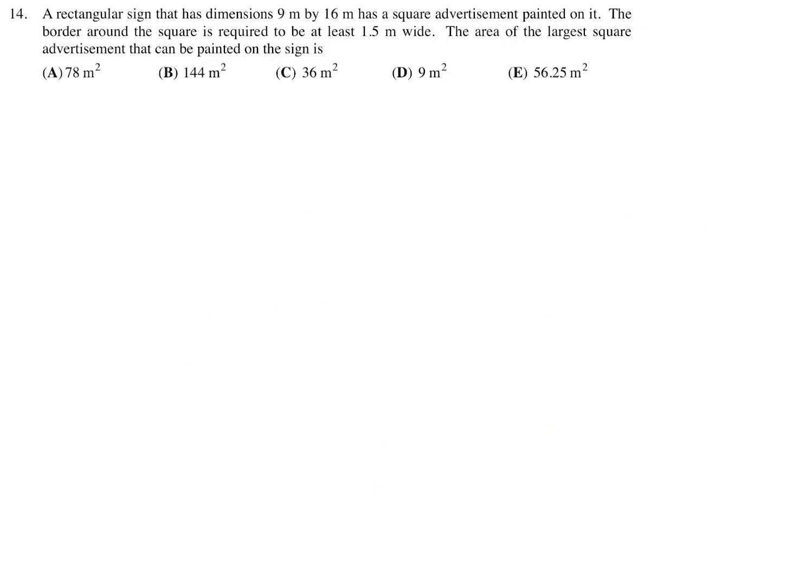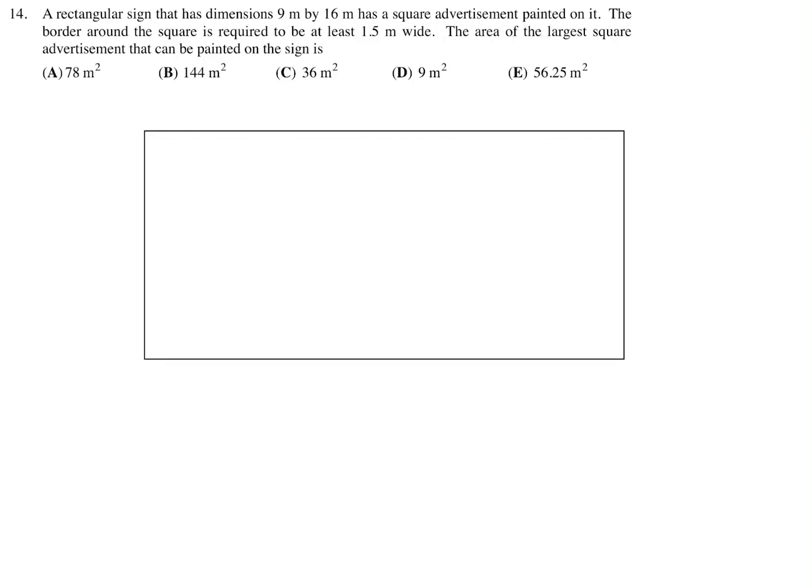A rectangular sign has dimensions 9 meters by 16 meters, has a square advertisement painted on it. The border around the square is required to be at least 1.5 meters wide. The area of the largest square advertisement that can be painted on the sign is. So we've got a rectangular sign like that, and inside they're going to paint this square. Square advertisement. All right, so we are going to put a square somewhere in here, like that,